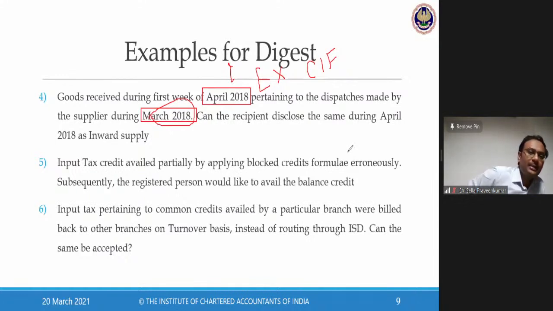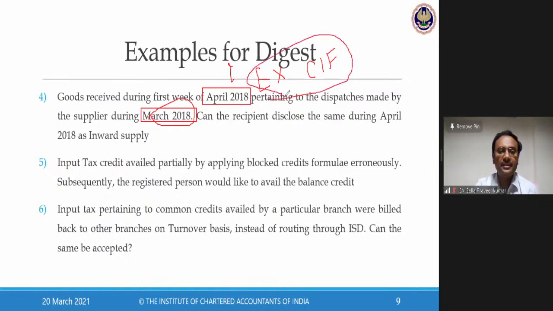Can I take the input tax credit in March, or should I wait till the month of April and then only avail the credit? So here the answer would be, you as a professional would look into the commercial terms and advise: account that in the month of March, avail the credit in the month of March. No. Just because it is appearing in your GSTR-2A, don't avail the credit. This is what we will advise for reconciliation purposes, right?